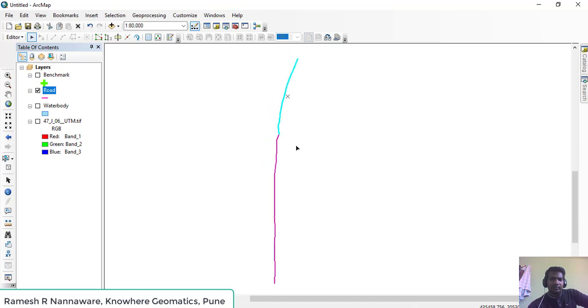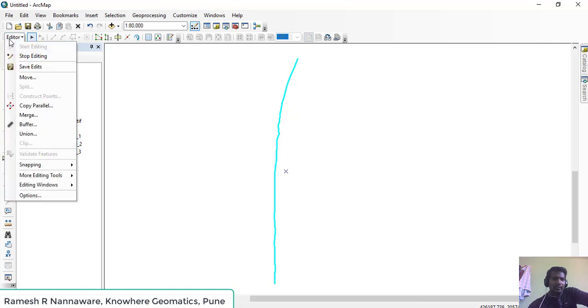Now suppose again I want to merge those two segments into one. I will first select one segment, and then keep pressing the shift button on the keyboard and select the other line segment. So we have selected two lines, and after this I go to the editor and click on Merge.